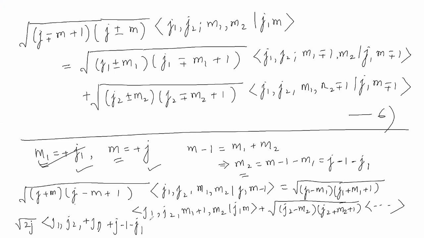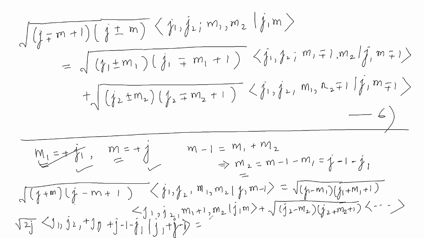Then Jm, J is J and M is plus J, minus 1. Okay, is it clear? This will be equal to,